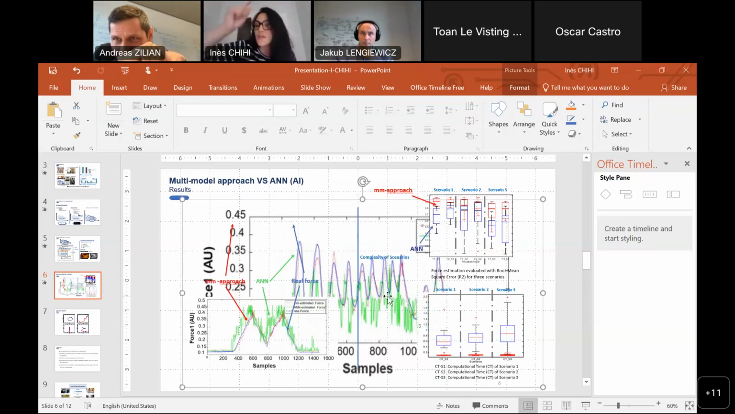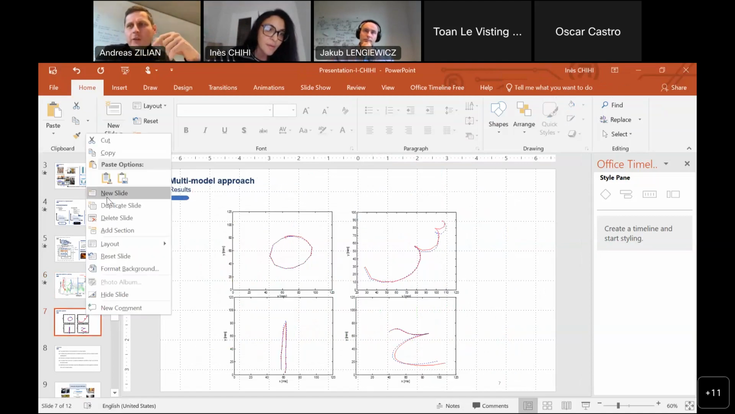It's continuous, but you can see a lot of fluctuations. Okay, so if that is a